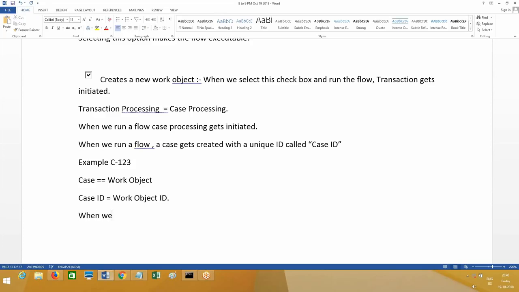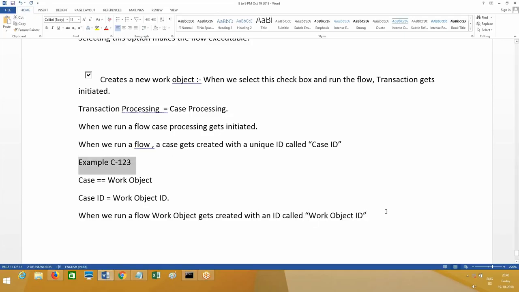So again, when we run a flow, a work object gets created with an ID called work object ID. Same example: C-123.